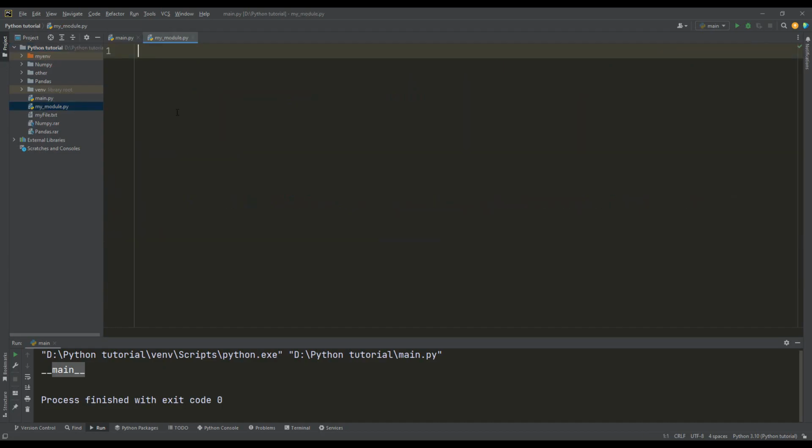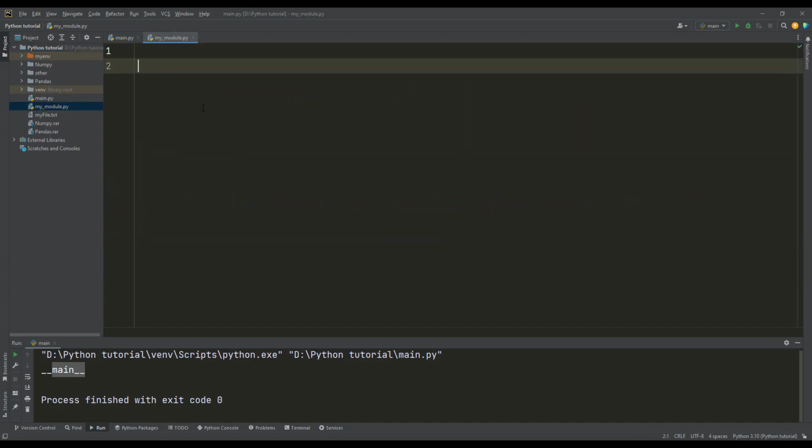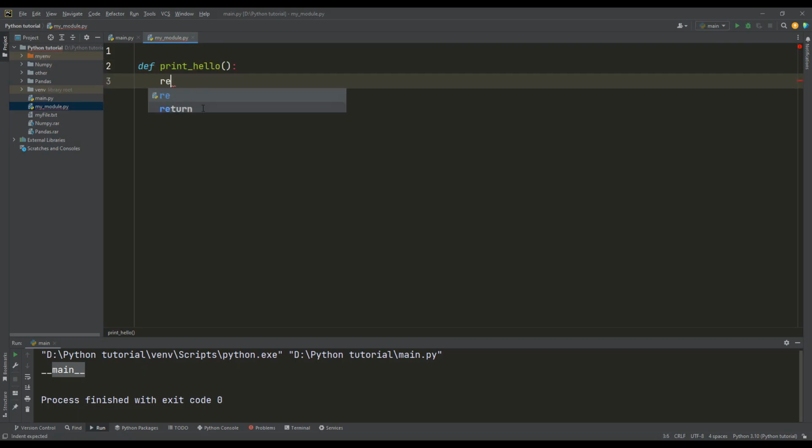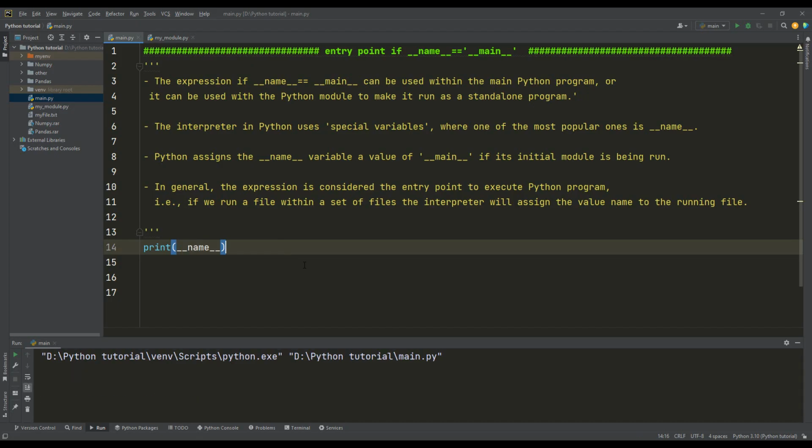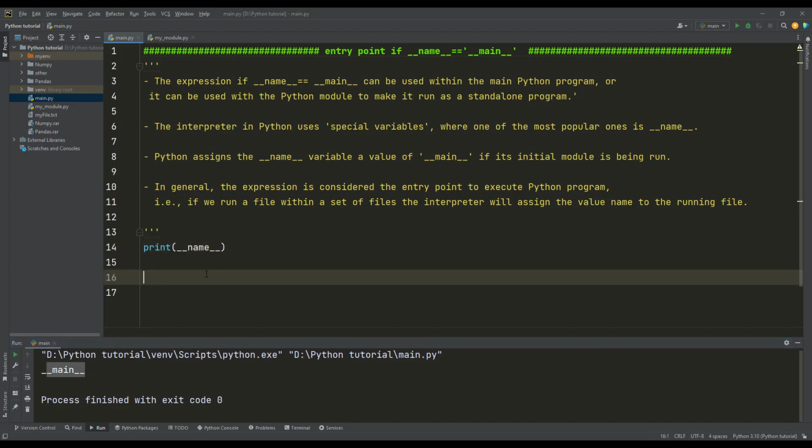In this my module, I want to define something like a print hello function, and this will return a print statement that says hello world. We will import this file here now. I have main here, and if I execute this, I have main here.